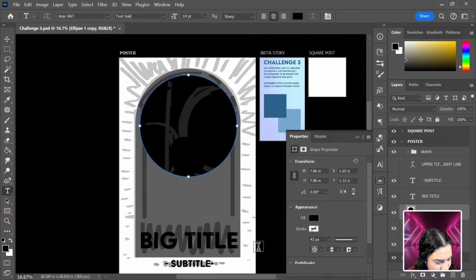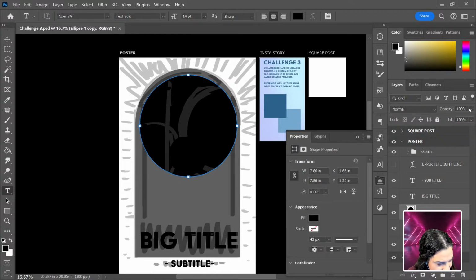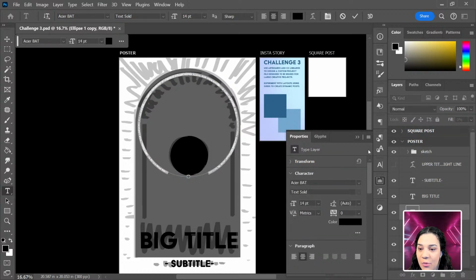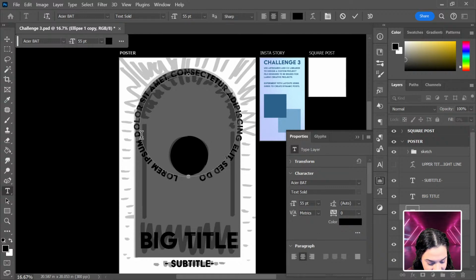And I'm going to turn the fill down so it's invisible. And then with my type tool, you can see if I hover over the edges of that shape, I can type right there and it throws in our lorem ipsum. In fact, I'm going to bump up the size right there. And I want to select a majority of this and remove it just so that it is strictly within our